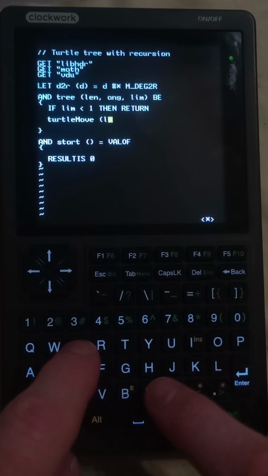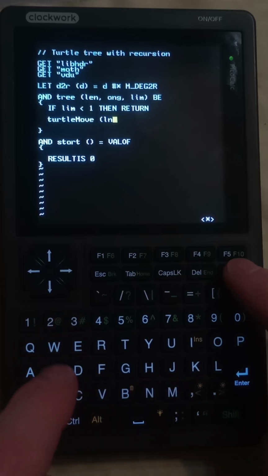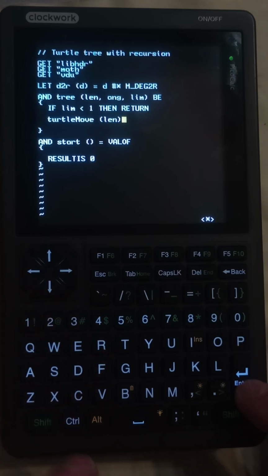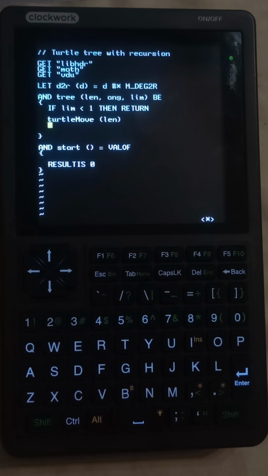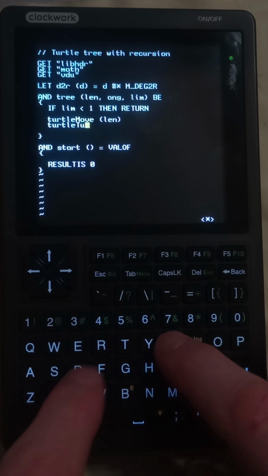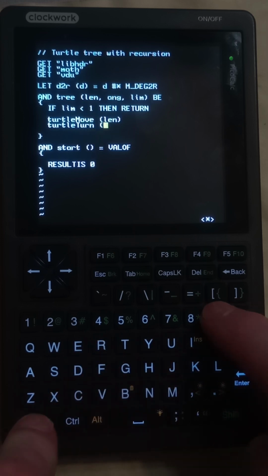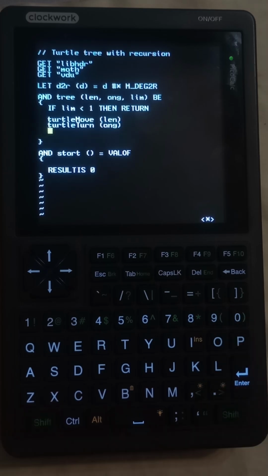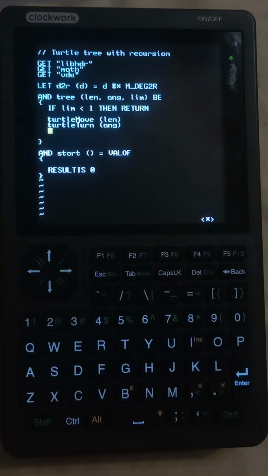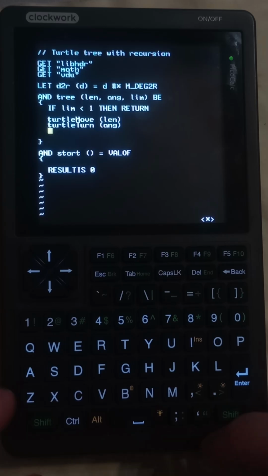And there's our length. Something wrong with the E key on this keyboard. It needs a good hard push. Move length, and then we turn to the left. Turn our angle. And then we do it again. So we go up, we go left, we go along, we go left, we go along, and so on until we've done it enough times. So at this point we go